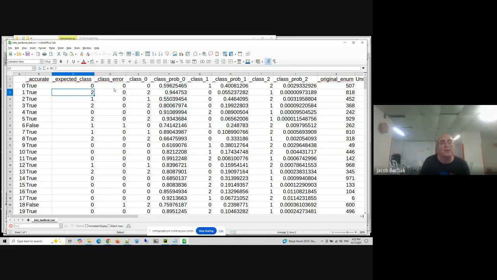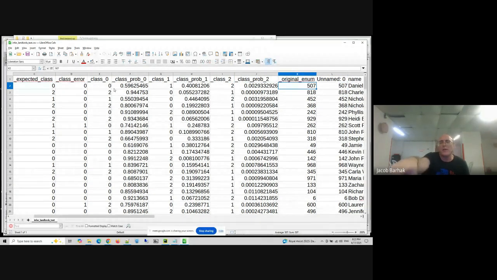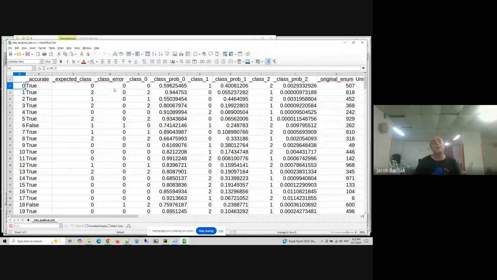So here, for example, expected class 2, you see it's 94% in class 2. So this will always be the highest number. Class 1 is the second choice. Third is the third choice, and so on and so forth. This is the number from the original data set, because remember, the records are mixed. So now you have information to actually look at your data. If you have new inference data, you can feed it to the same machine under the same conditions, and it should run very much similar to what you've seen.